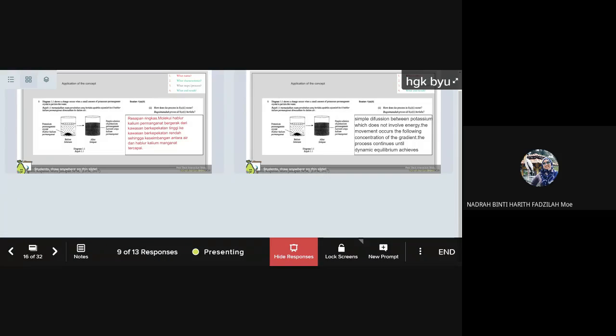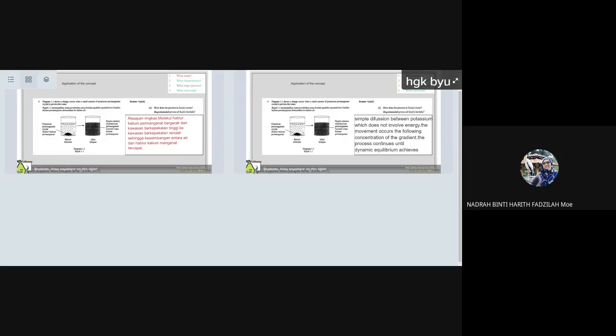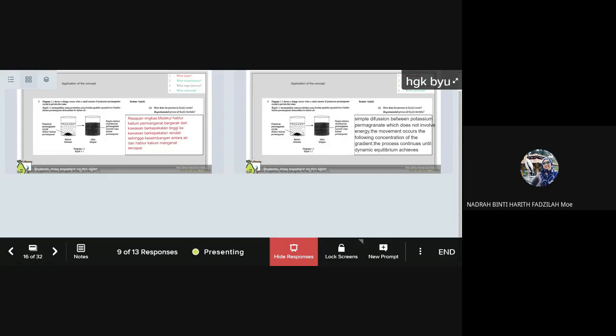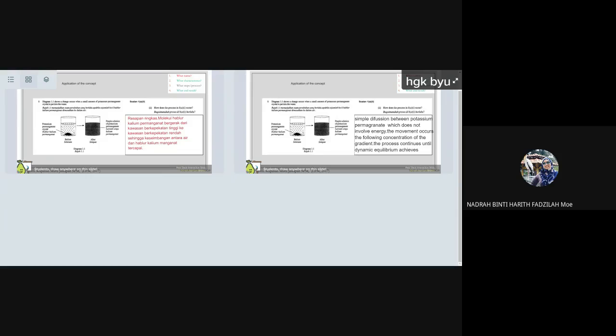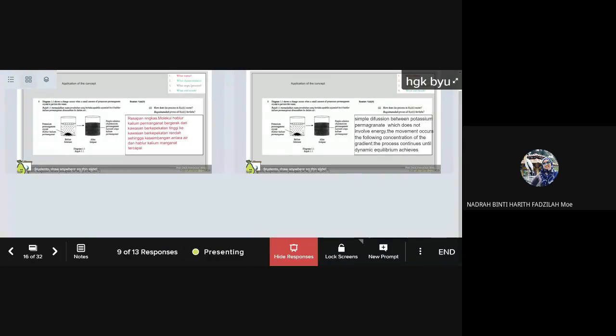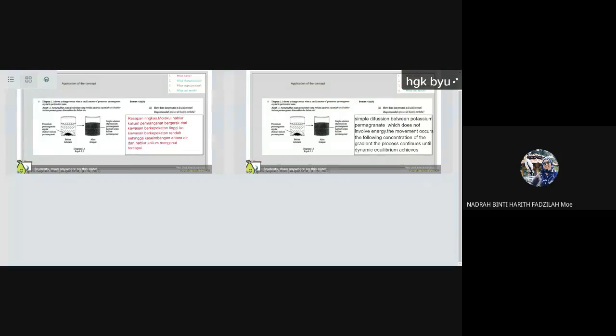Okay, so tadi in the definition you say the movement of molecules or ions from high concentration area to low concentration area. Betul tak? So sekarang ni kita ubah movement of potassium permanganate. Good. Okay, potassium permanganate. Good. Betul. Teruskan. Okay, itu point. Dah ada point yang kedua. Movement of potassium permanganate. Point kedua. From